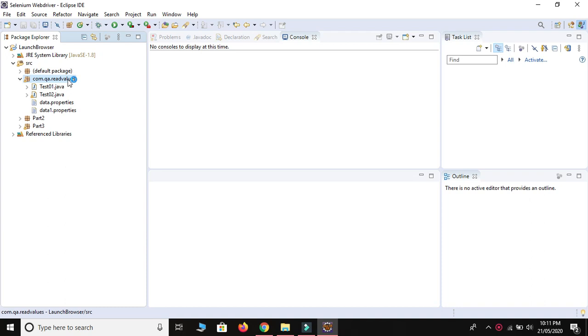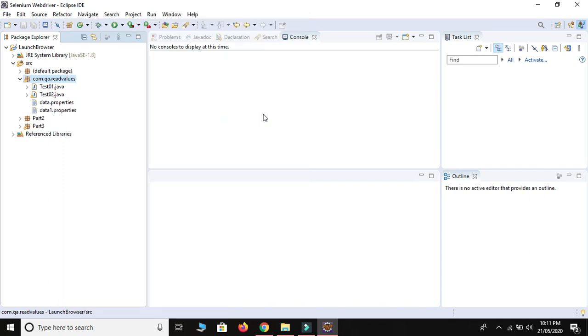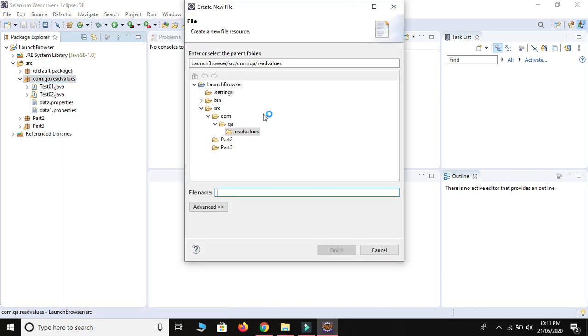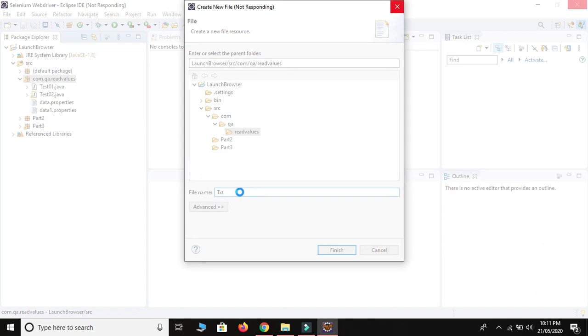I will create one txt file. New file. The name of the file should be txt write dot txt.